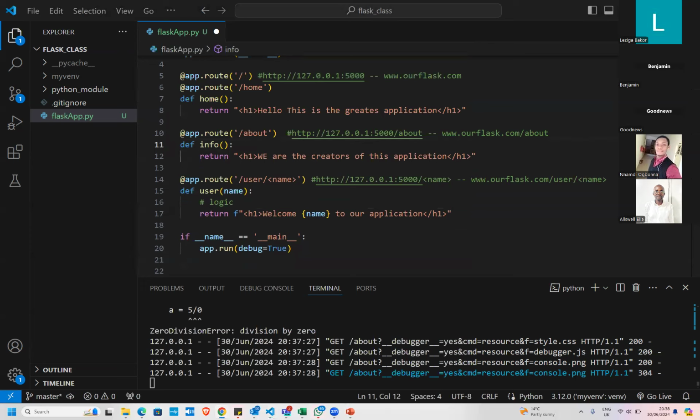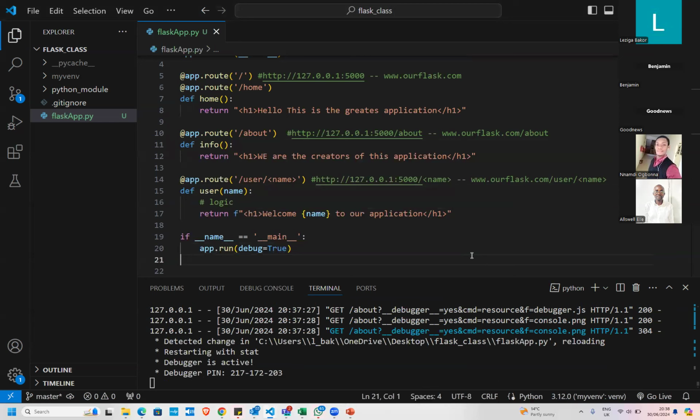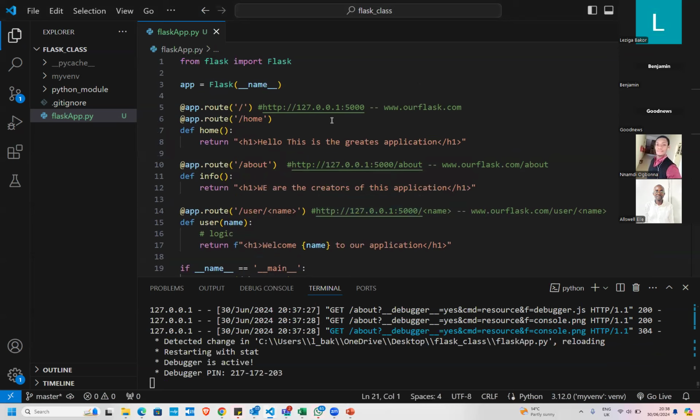Any other question so far about Flask today? Remember, I'm just starting now, so that's it. At least now we are beginning to understand